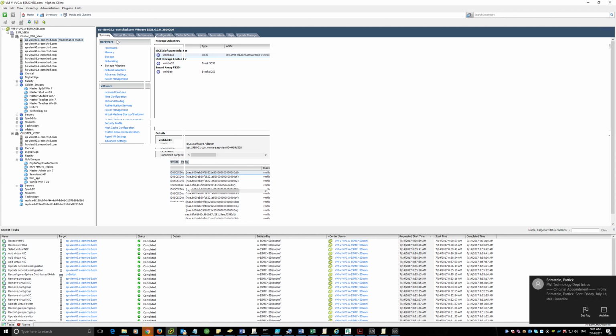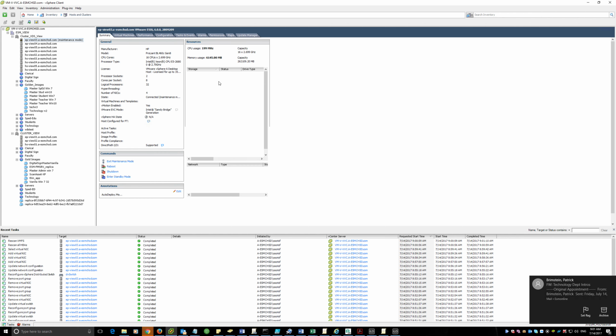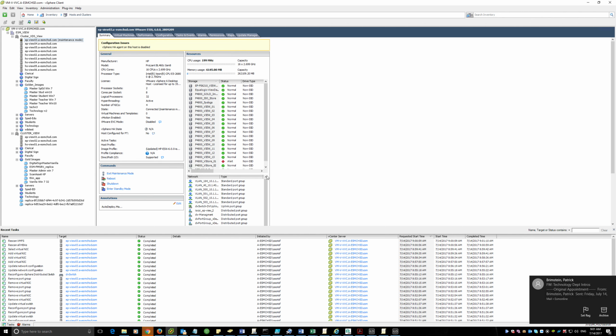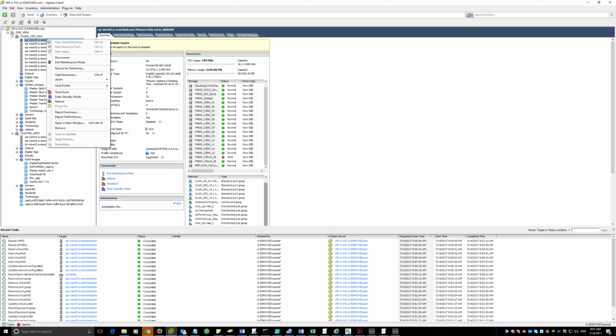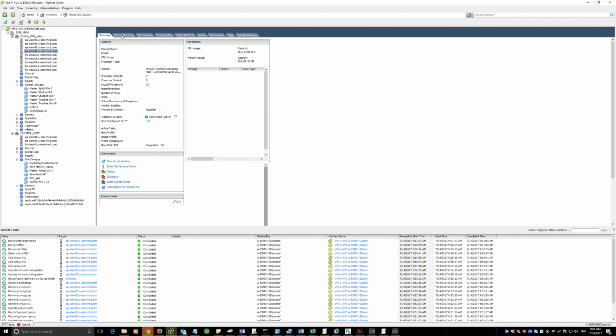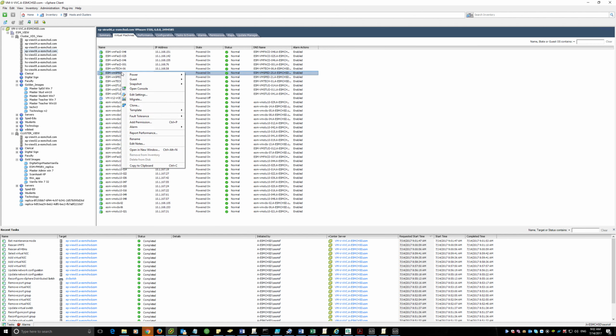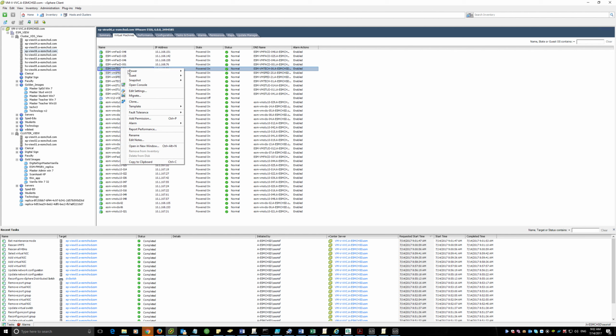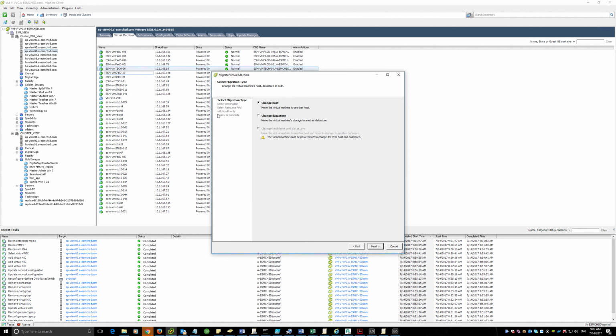If we go here, we are going to see that all the storage, VLANs and network connections are recreated here. If we take our host out of maintenance mode, we are not going to have problems, and we are going to migrate a machine in order to test that everything is working. So we are going to migrate this machine to the